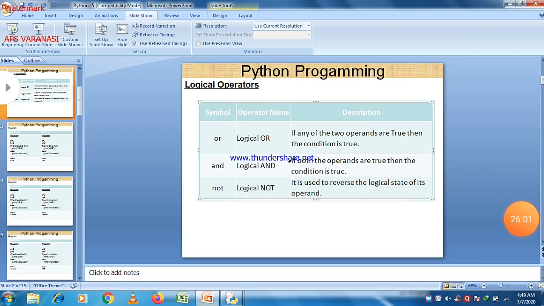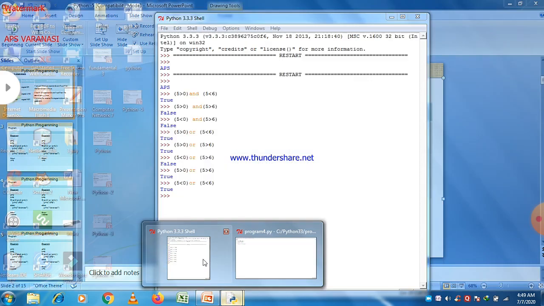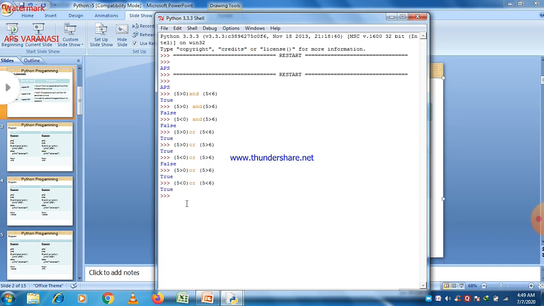लॉजिकल स्टेट ऑफ इट्स ऑपरेंड। तो ये सॉरी, रिमूव नहीं, रिवर्स है। तो इट इज़ यूज टू रिवर्स द लॉजिकल स्टेट ऑफ इट्स ऑपरेंड। इफ मीन्स रिजल्ट इज ट्रू, इन केस ऑफ नॉट देन, तो ये नॉट है लॉजिकल ऑपरेटर्स की, इट इज़ यूज टू रिवर्स द लॉजिकल स्टेट ऑफ इट्स ऑपरेंड। तो उसका जस्ट रिवर्स कर देगा, दैट मीन्स ट्रू इट बिकम्स टू फॉल्स एंड फॉल्स बिकम्स टू ट्रू। सो लेट्स चेक इट।